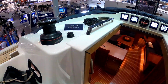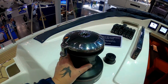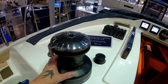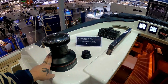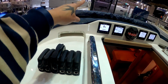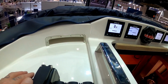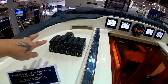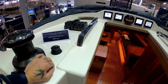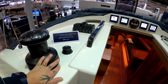Okay, at the companionway, port side, we'll do this side. It's mirrored on the starboard side, except for that's electric. You have a 46 Harken self-tailing winch. Bank of clutches from your mast going in underneath, so everything comes in through the deck into your clutches. Boom. I think what's quite nice, I'd say anybody, even if you have an older boat and you have winches forward,